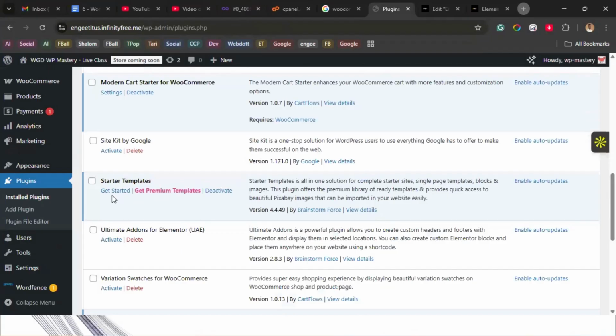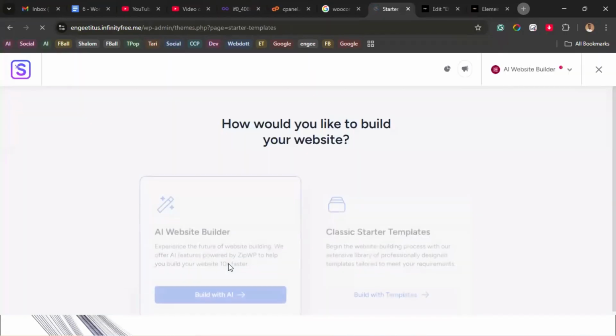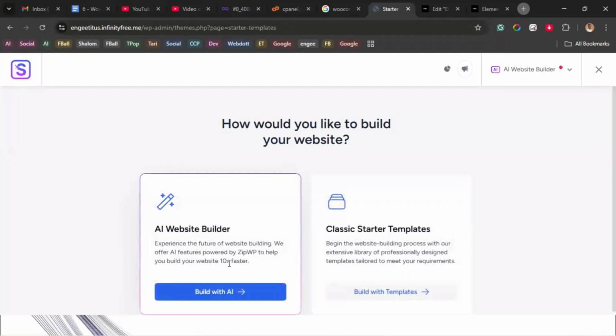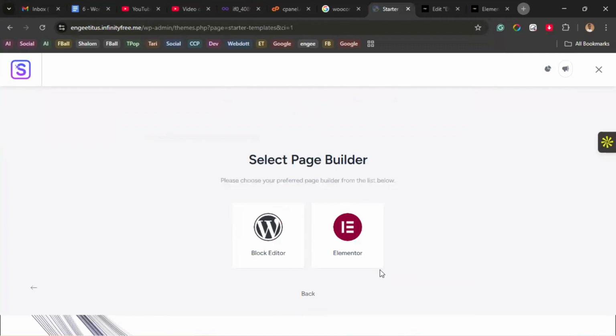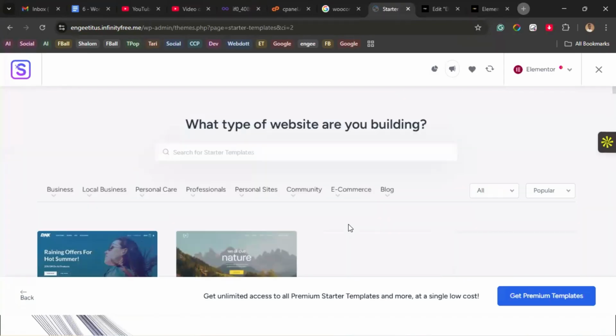let's see, Starter Templates, Get Started. So if I click on Get Started, we were talking about configuring themes or plugins rather. So clicking on Get Started, you get to see, now watch how it works. Website AI builder or classic starter templates. Let's start with template. Then now you choose your editor. This is me configuring my starter templates. So choosing